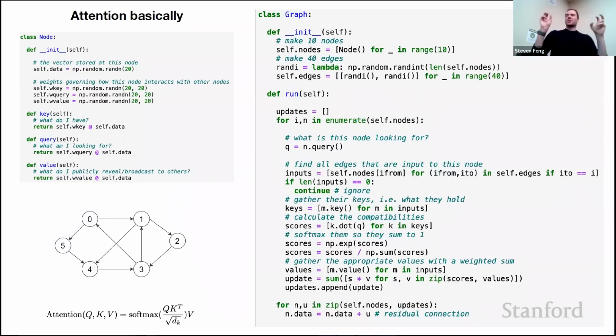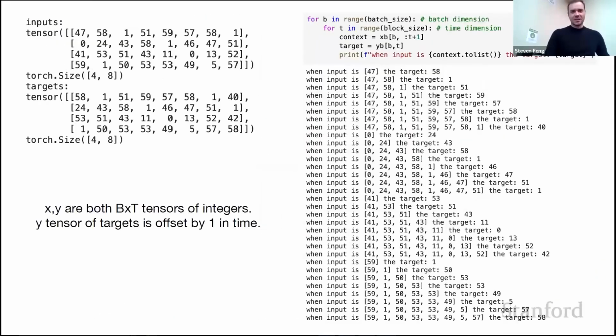I find graph neural networks a kind of confusing term, because maybe today everything is a graph neural network, because the transformer is a graph neural network processor. The native representation that the transformer operates over is sets that are connected by edges in a directed way. And that's the native representation. Okay, I should go on because I still have like 30 slides.